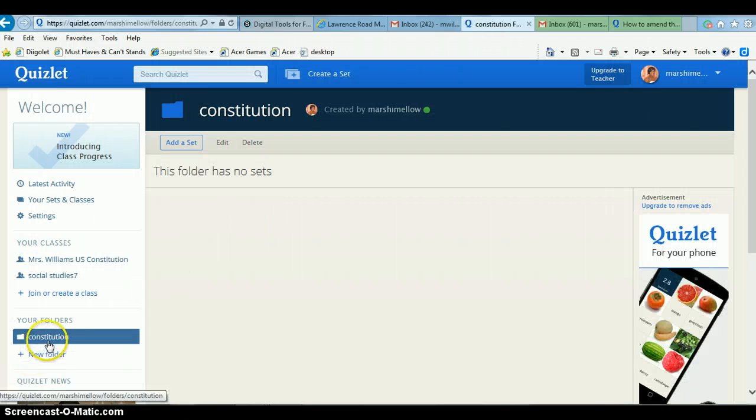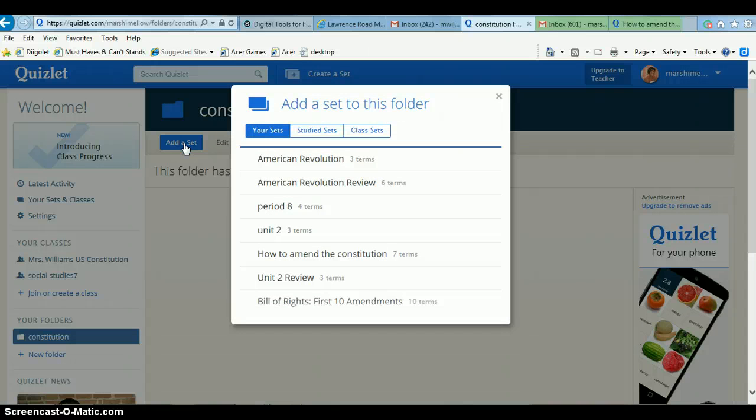Now I have a folder called Constitution and it says this folder has no sets. If I click on Add a Set, I can now add any sets that relate to the Constitution to that folder. So I'm going to add the How to Amend the Constitution set and the Bill of Rights set